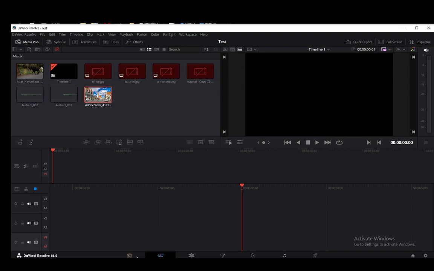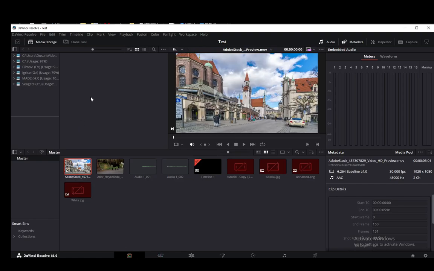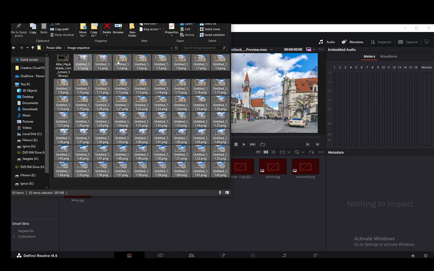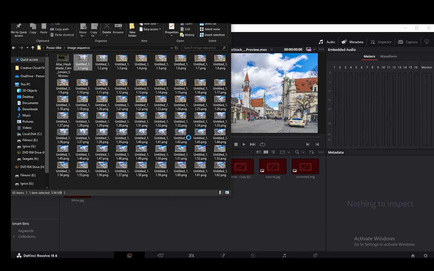Now, firstly, what I'm going to do to actually import that is go into images and make sure under media storage, under these three dots, under frame display mode, the sequence is selected. Sequence needs to be selected for DaVinci Resolve to recognize image sequences as actual sequences, which it can add as videos. Now, if I select the first one and then highlight all the way to the second one,